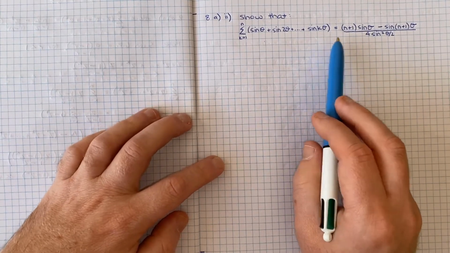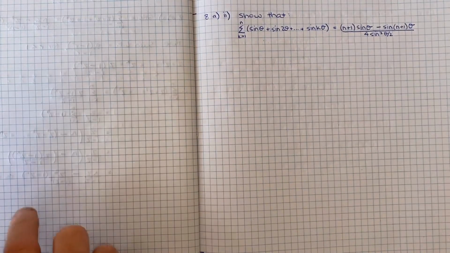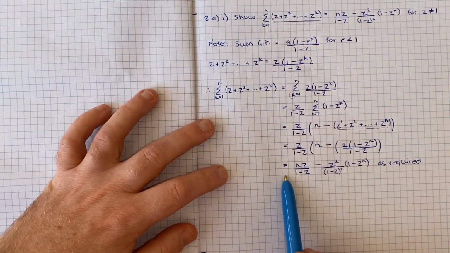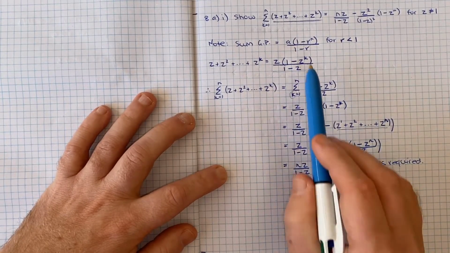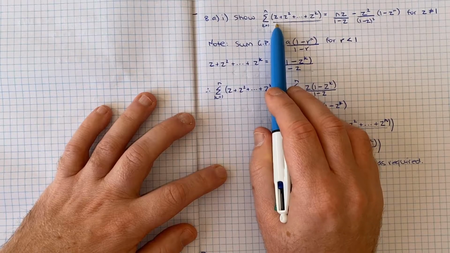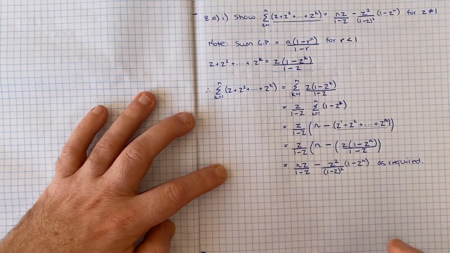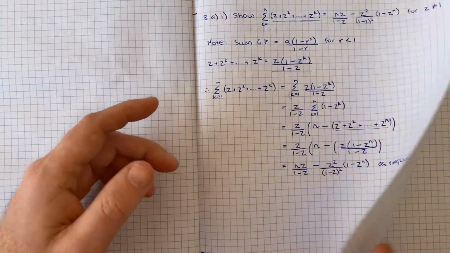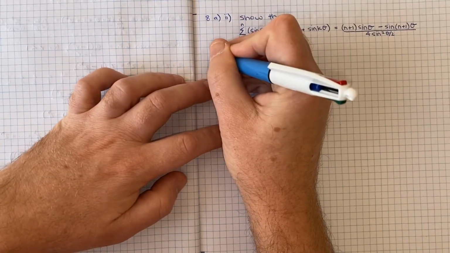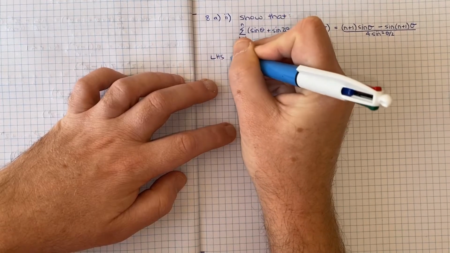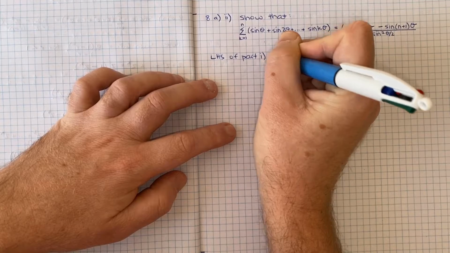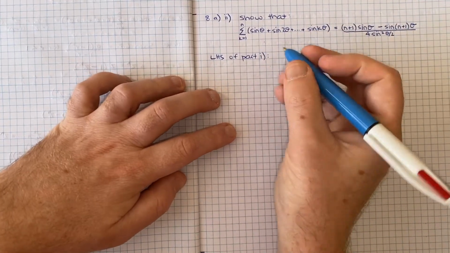But to kick off this question, we're given the hint to take a look at part 1, which we've just worked through in the prior video, and have a look at this result, and in particular look at the imaginary part of the left hand side. So let's go and do that. Let's have a think about, what is the left hand side? So the left hand side of the result from part 1,